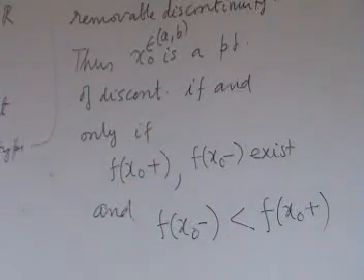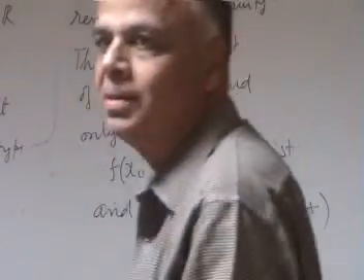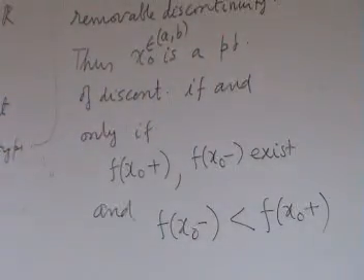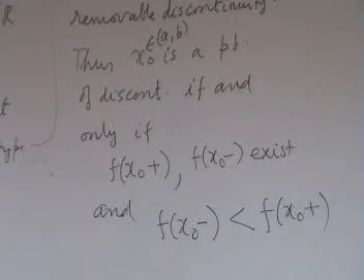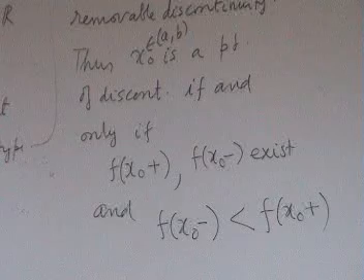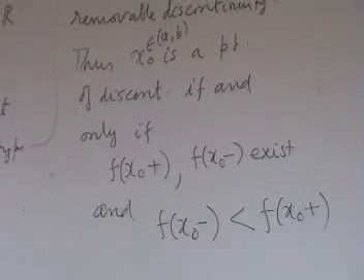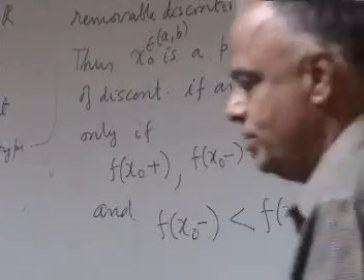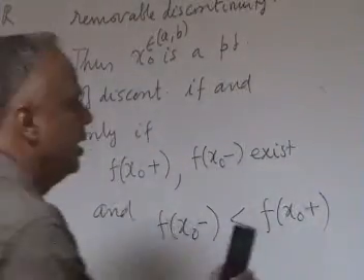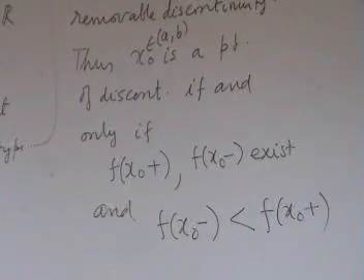They should not be equal, but then this order must be maintained, and therefore f(x naught minus) must be strictly less than f(x naught plus). That is the important observation. So among the various types of discontinuities that are possible, a monotone function allows only one type, namely the left limit exists and is strictly less than the right limit, which is also existing. That is the only type of discontinuity for a monotone function. That being the first observation.